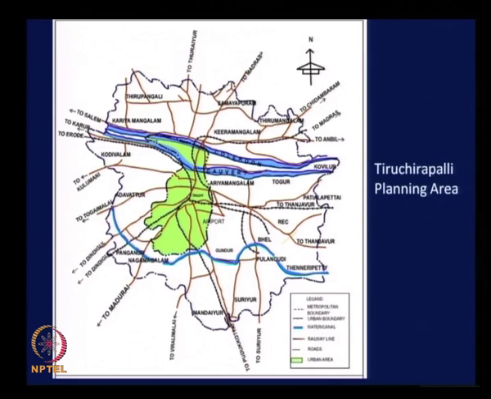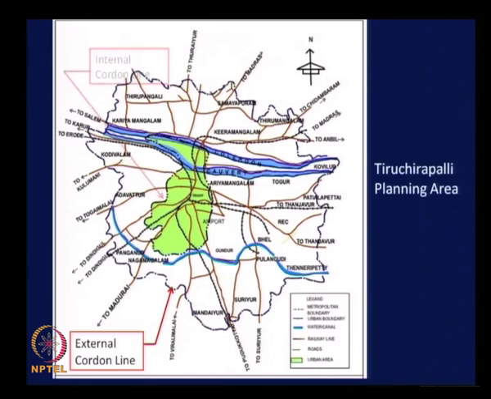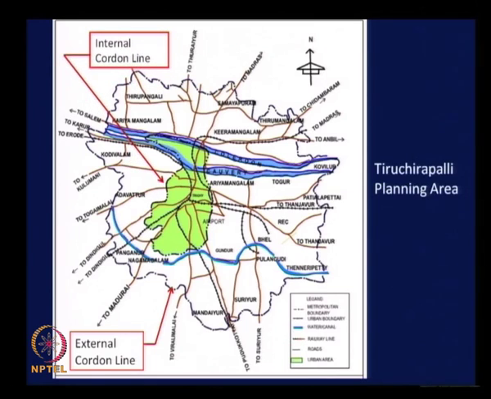The outer boundary, obviously. This is the external cordon line, and the internal cordon line was also fixed, and this was nothing but the municipal boundary of the combined area of the three municipal towns. This was the internal cordon line,